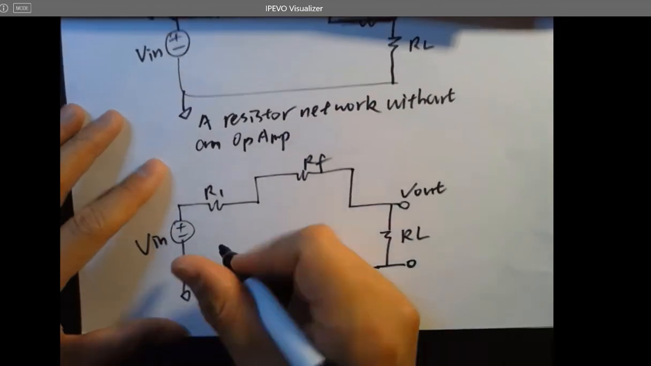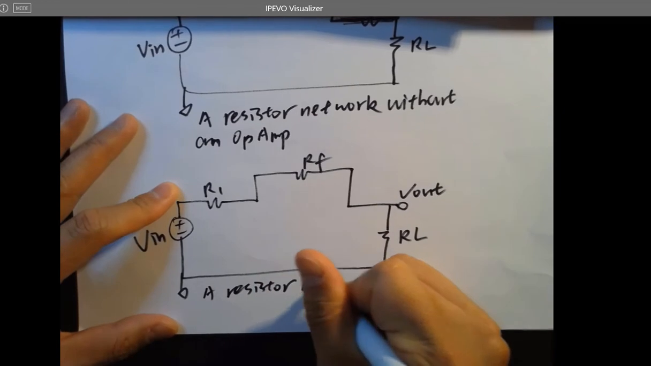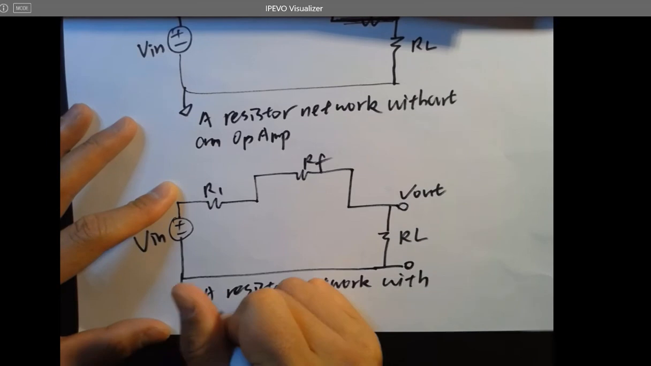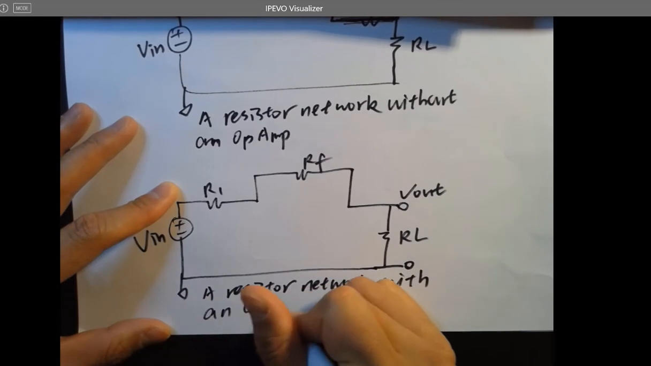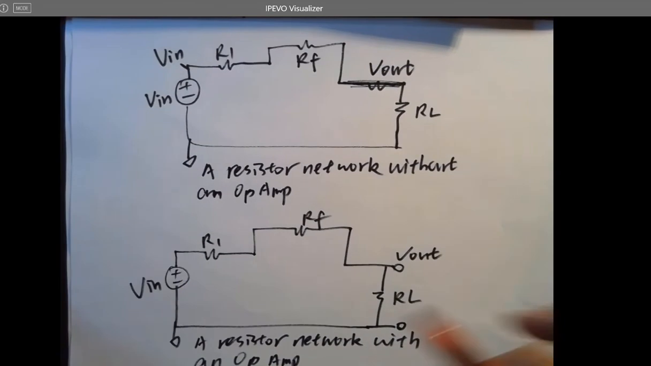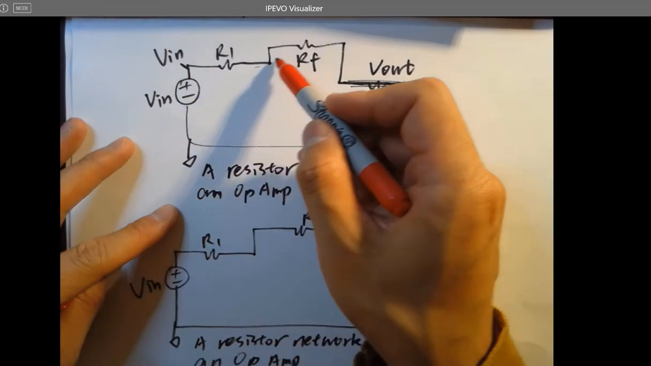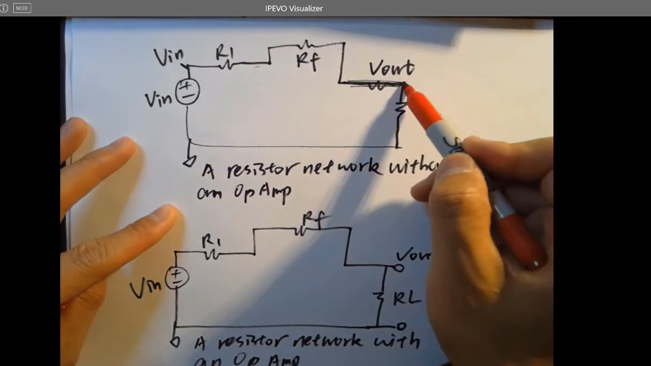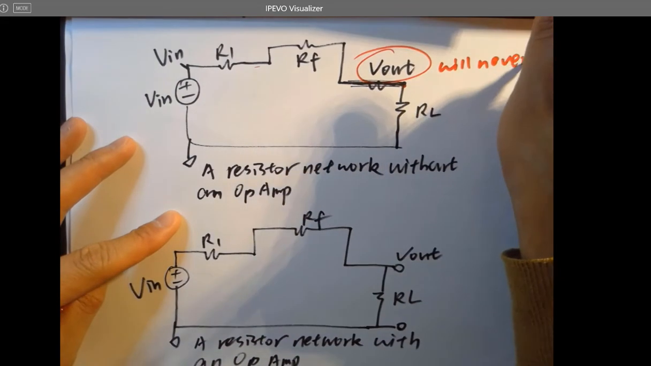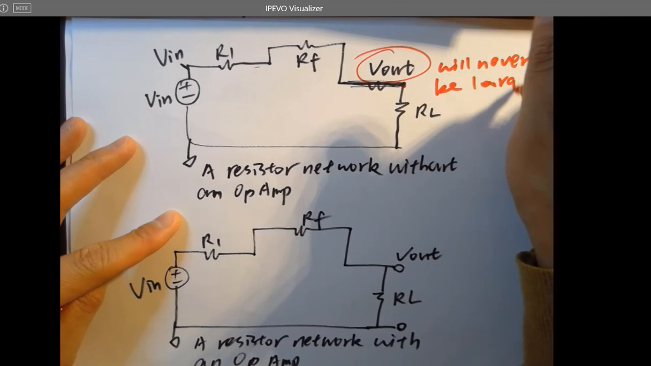However, this is a resistor network with an op-amp. And the difference will be because this does not have an op-amp, the voltage will be dropped continuously until the VL. So VL will never be larger than what? Than V in,